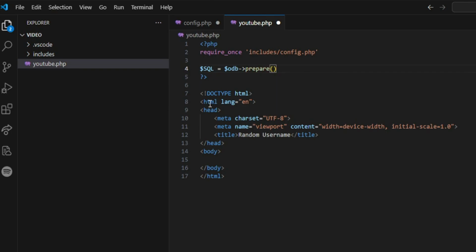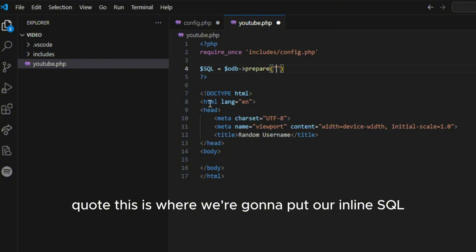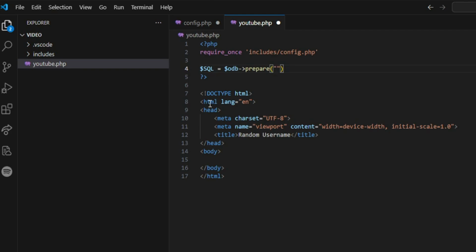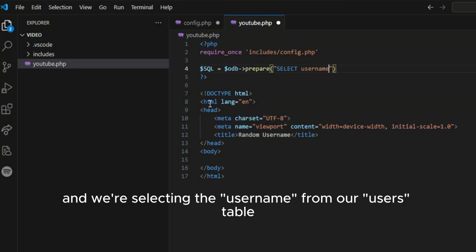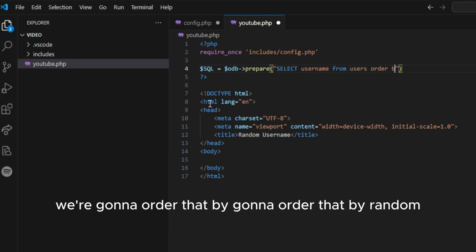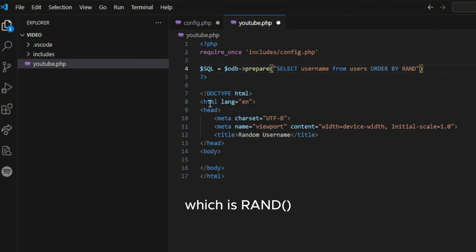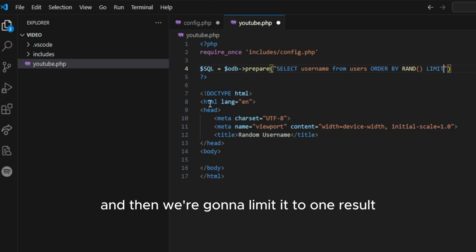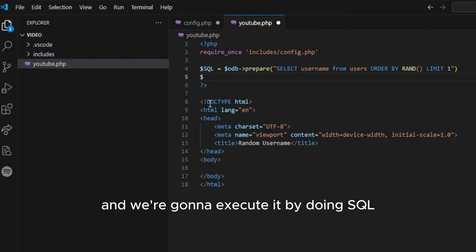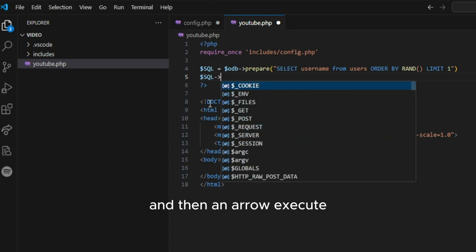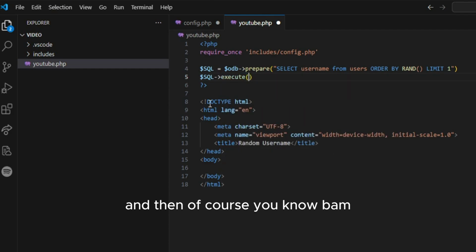and then quote. This is where we're gonna put our inline SQL requests. And do select. We're gonna select the username, and we're selecting the username from our users table. We're gonna order that by random, which is a rand, and then we're going to limit it to 1 result. And we're going to execute it by doing SQL, and then an arrow, execute, and then of course, bam,